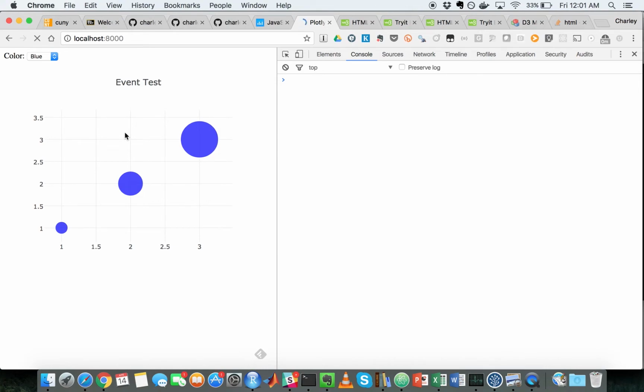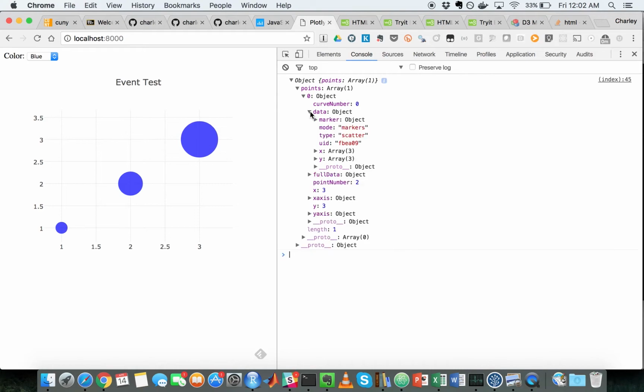As I mentioned before, the clicks are referring to clicks of data points. So hovering over these, and if I click, we can now look at our console to see what ended up happening. And this object was returned, so we could check out what it is. Here, we could look at different aspects of that object. We could see we have aspects of the graph itself. We have the X and Y coordinates, and we could access all of those if we wanted to use them